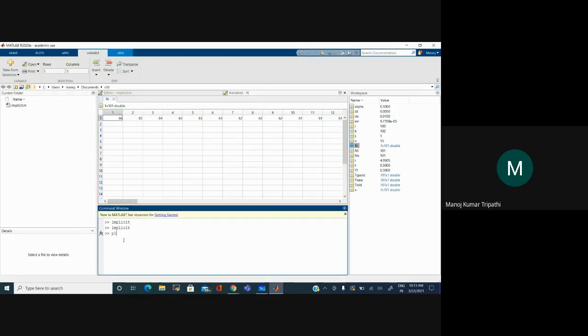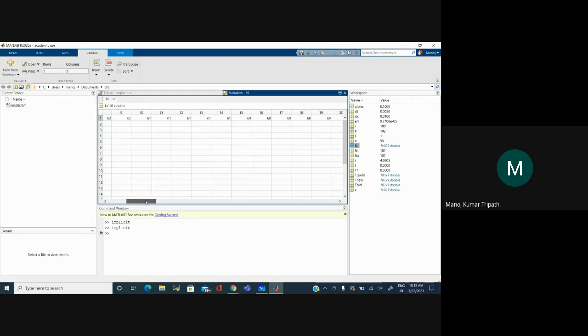I don't have the time variable here, so I cannot plot it versus time, but you can see that it is reducing with time and reaching almost a constant value. You can see it is saturating, because initially the changes are large, so it takes a larger number of iterations. Then slowly the number of iterations reduces, because you are reaching towards a steady state. Your initial guess is becoming better and better for Gauss-Seidel iterations.